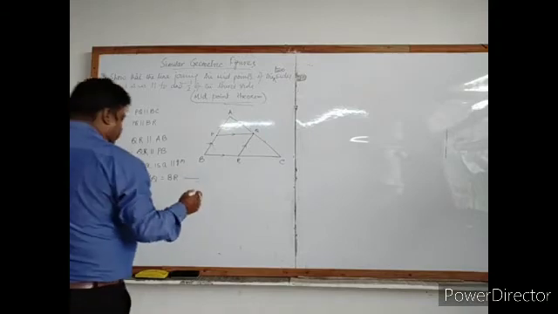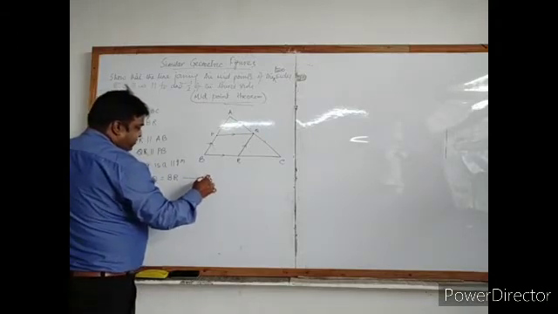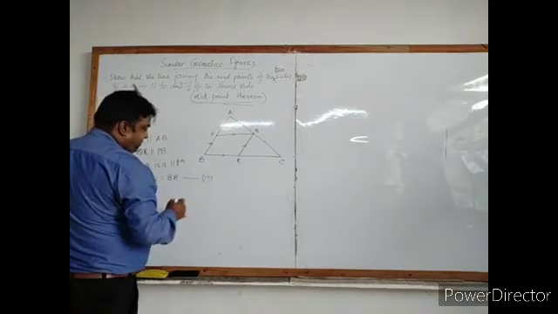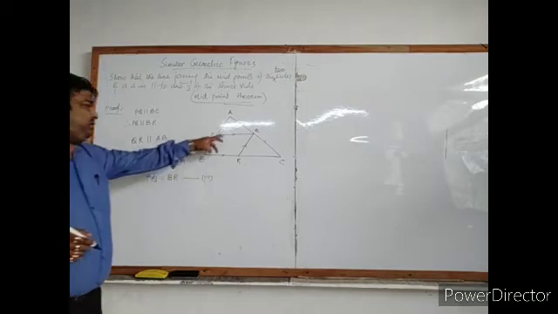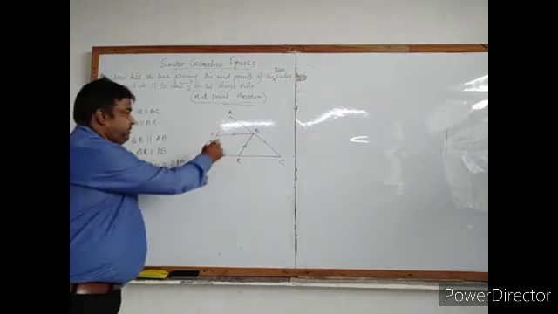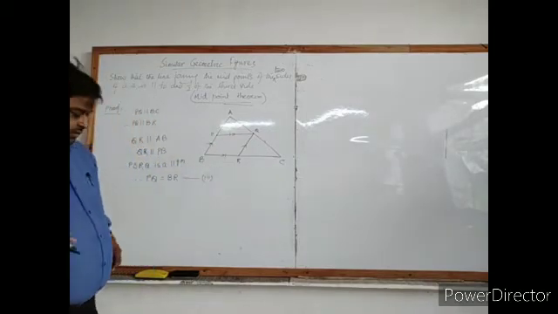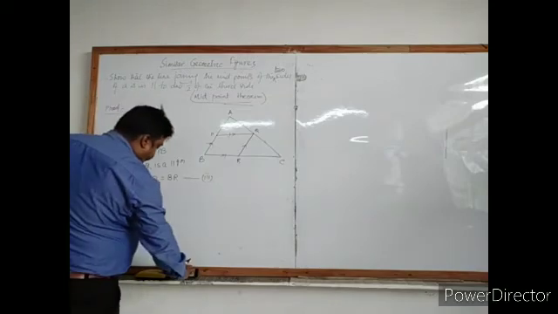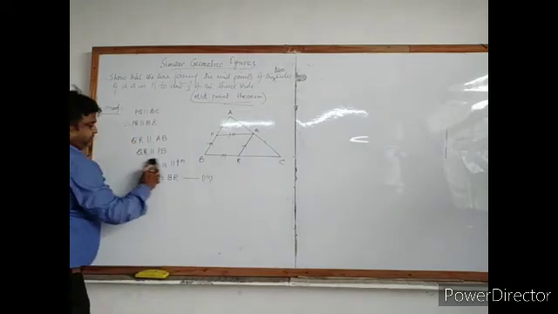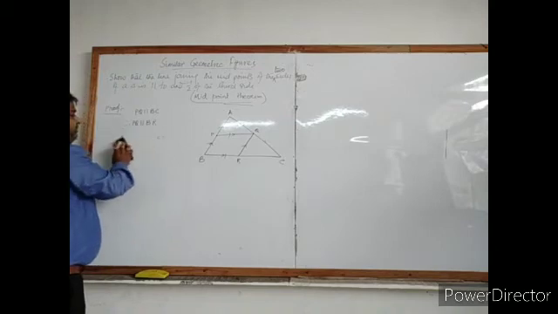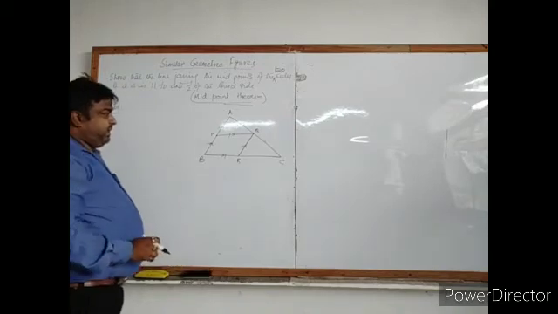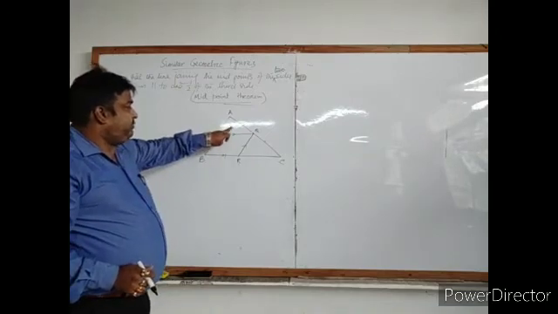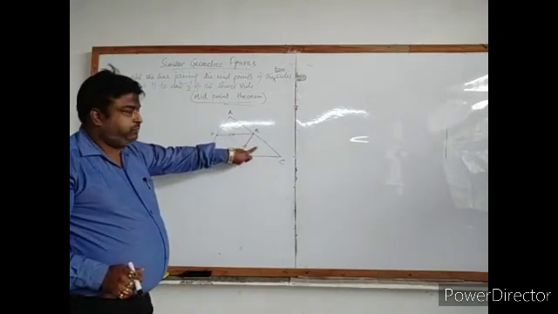Let's see, 3 comes, everyone mark 3. Okay? Now PQ equal to BR, these two we have proved. This one equal to this one. Clear? Okay. Now we will come to the congruency. Which two triangles' congruency will we show? This one and this one.